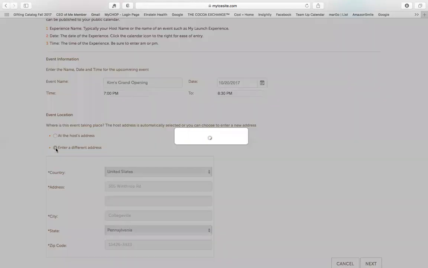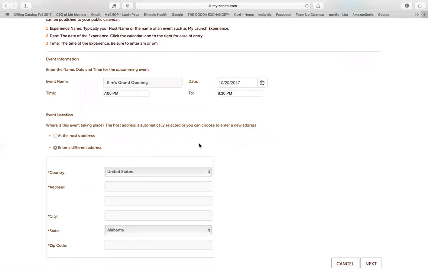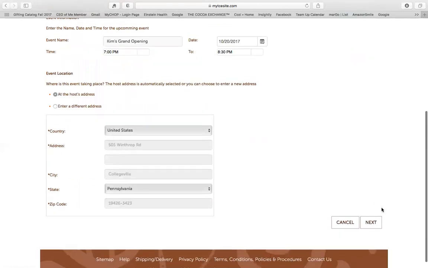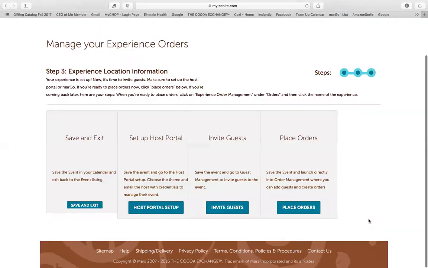If I was holding it at my church or a fire hall, something like that, then I would just enter a different address and fill that in there. Okay, but we're going to keep it for my address. Next, we're going to